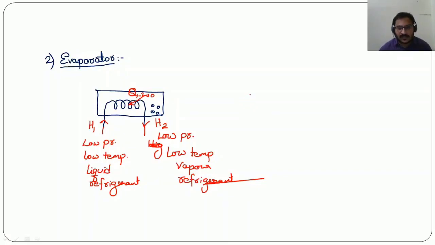Now if we apply steady flow energy equation for this case, as the fluid is moving simply because of gravity, we can't consider the kinetic energy variations, and the potential energy variations are also negligible here. So simply H1 plus, why we are taking plus here is heat is absorbed by the refrigerant which is considered as a system. Heat absorbed by the system is positive. So H1 plus Q12 is equal to H2. So from this Q12 is equal to H2 minus H1.